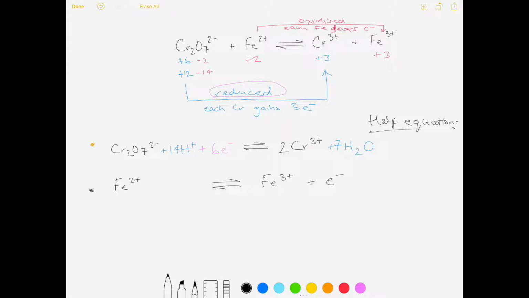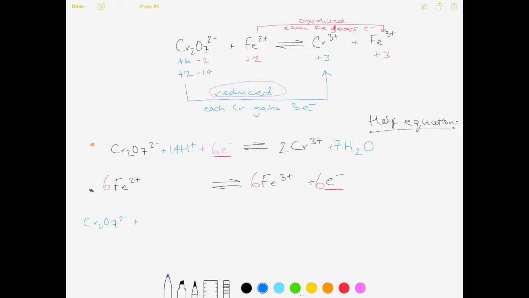The next job is to combine these to form the ionic equation. Now, when we combine these, we need to cancel out the electrons. 6 electrons in the first half equation, there is only 1 in the second. So we can multiply the entire second equation by 6. And that brings us up to speed here. And then go ahead and just combine the two. So if we combine the two, we end up with